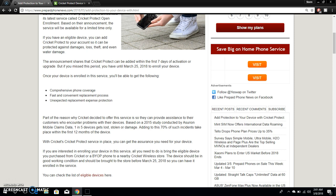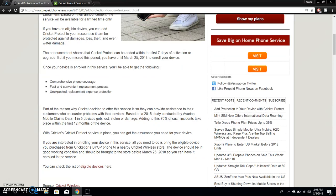Phone insurance is very important, guys, especially if you buy like an $800, $900 phone. You need to have phone insurance on that thing. If it's a $30 phone, he really doesn't care, you know what I'm saying? But if it's like a $1,000 phone, put insurance on that, alright? Seriously. So yeah, it says once your device is enrolled in the service, you'll be able to get the following: